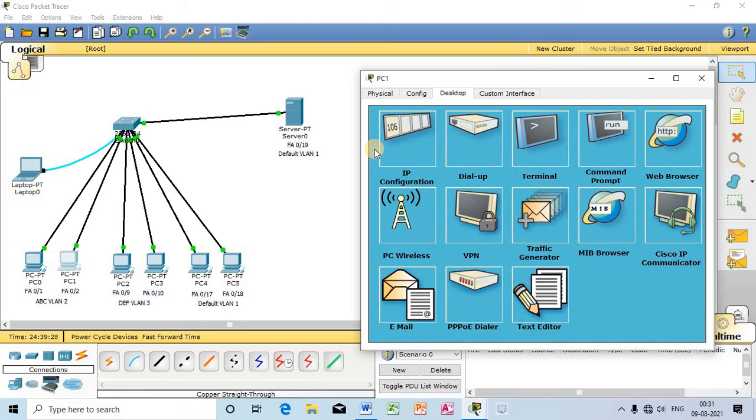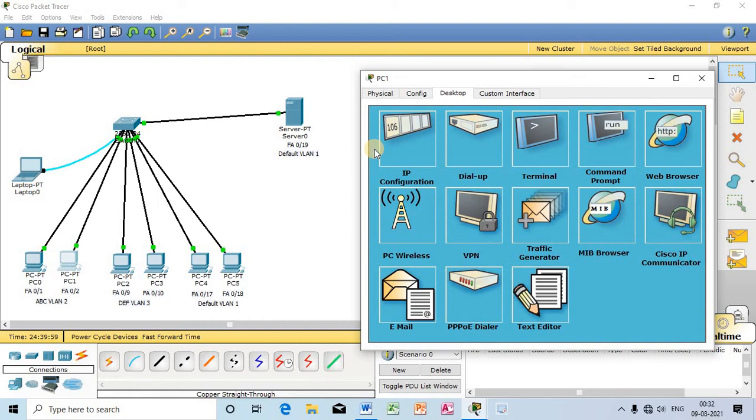So again, after expiry of that time, the computer which is connected with the DHCP server will send a request to the server for a new IP, and the server will send an IP address which is available in the server pool to that system. It is not confirmed that the same IP address which was previously allotted will be sent again.